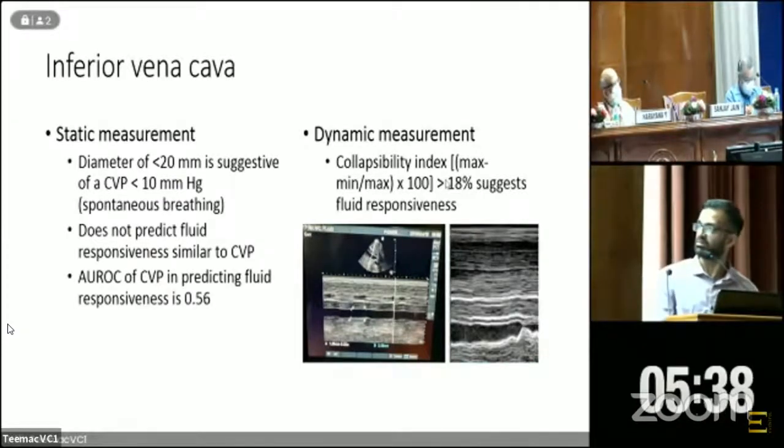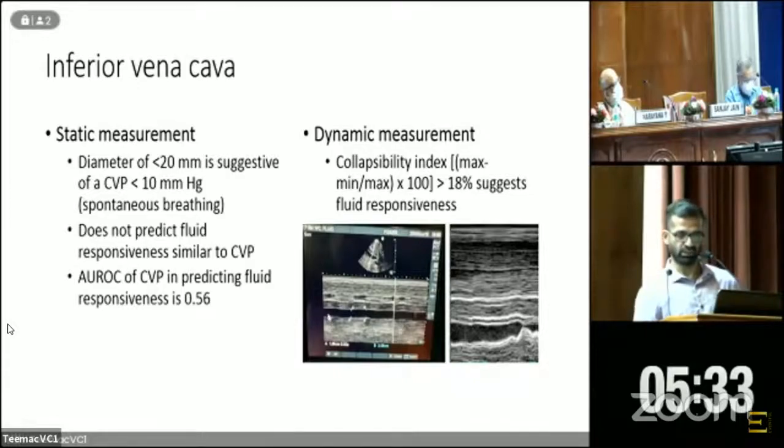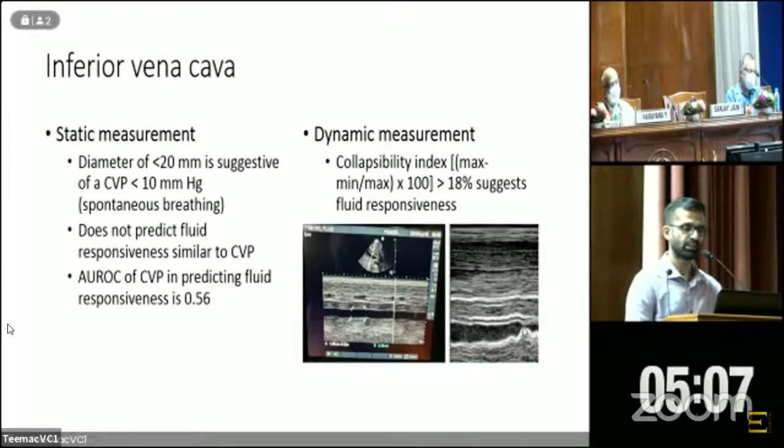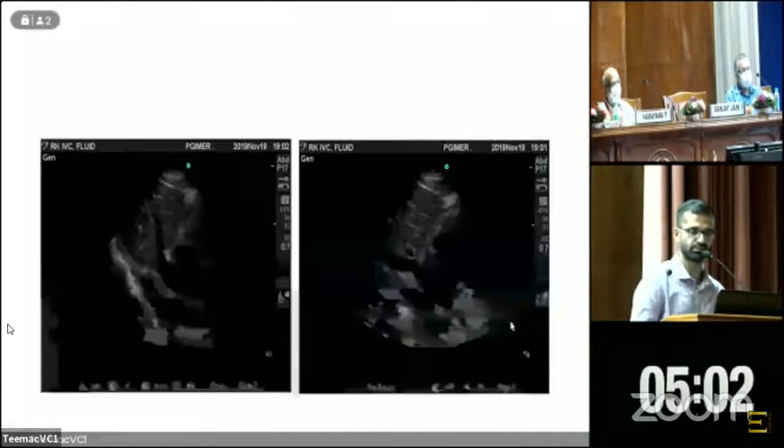Dynamic means that with respiration, the diameter of the IVC changes. In this image of M mode, the linear anechoic structure represents the IVC. When the patient is having sufficient fluid, the IVC does not collapse. Between point A and point B, the diameter varies between 1.9 centimeter and 2 centimeter, which is hardly anything. And to the right, we have another image where the IVC diameter is about 2 centimeter, and during an inspiration, it has collapsed fully, showing that the patient may have a fluid responsive status.